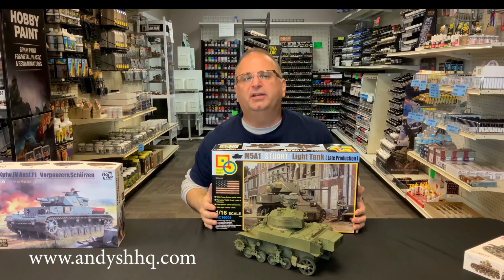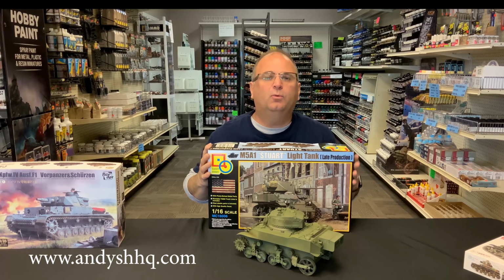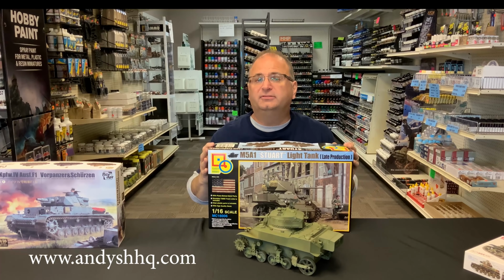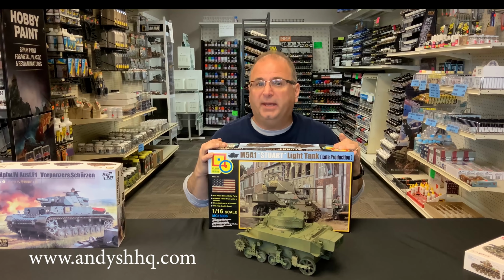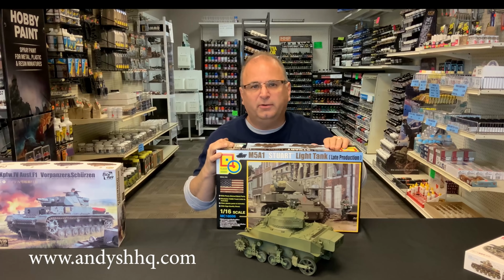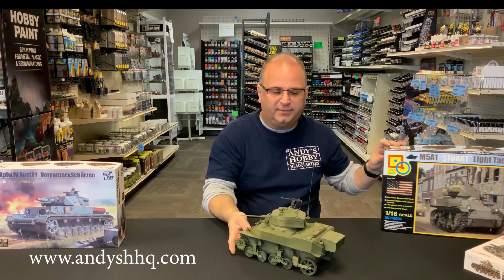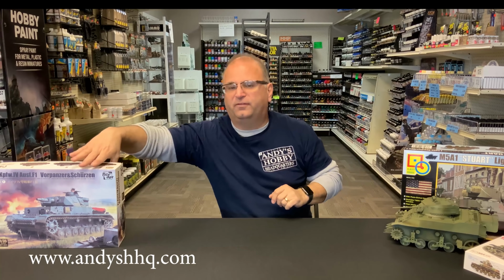Well, many of you guys might know that I'm in the process of working on the Classy Hobby 1/16 scale M5 Stuart. It's coming along quite well. You can see we've got a paint job on it now. We've got to do some decaling and weathering and a few other things to it, but really having fun on this really nice kit. And what I thought I would do though is take a little break from that